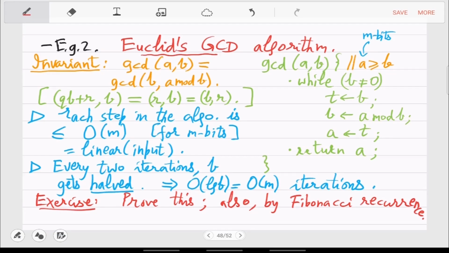But you will see in 2-3 steps that it actually converges very fast. So in 2 steps, you have halved the size of the integer. The value of the integer has been halved, which means that in terms of digits, every time you are reducing 1 digit. So this takes only order m iterations, and so that gives you the theorem that